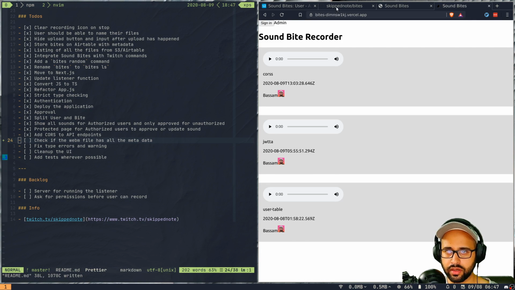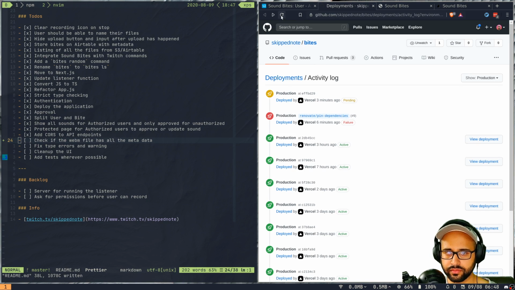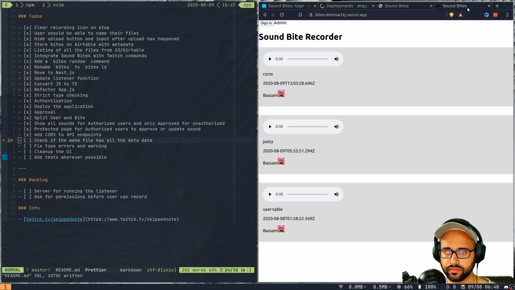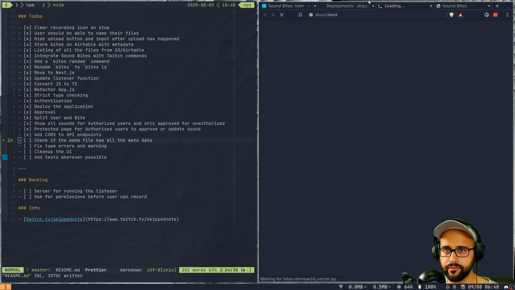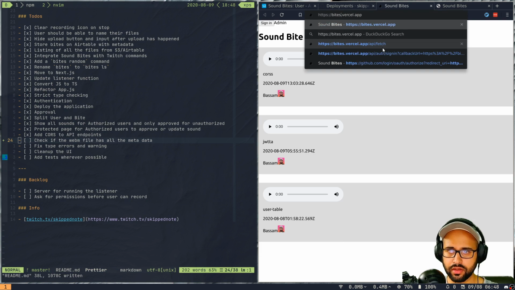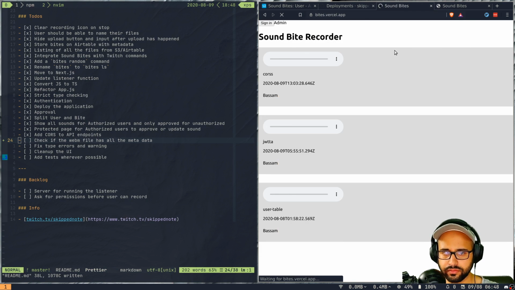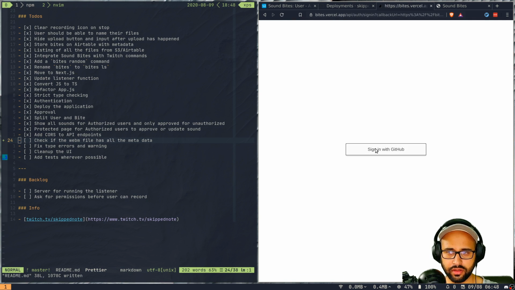Okay, so is the deployment done? Okay, the production deployment is done now, so let's look at it. It should be able to. Okay, rather than this, let's take a look at this one. Yeah, so if I click refresh and go to admin, it says you are not authorized. If I click on sign in, I think this will fail, because